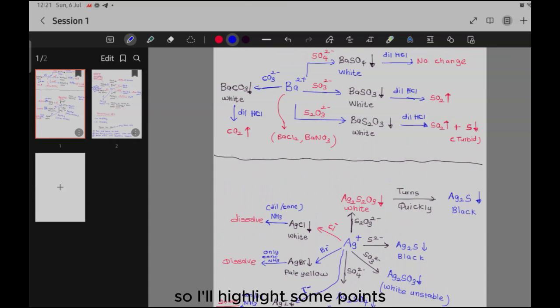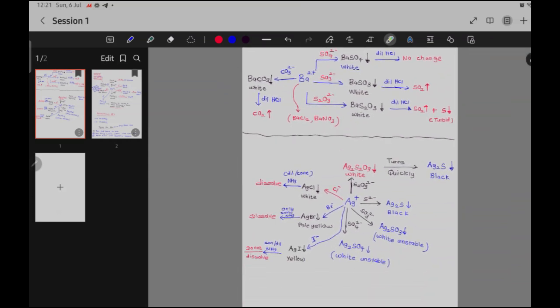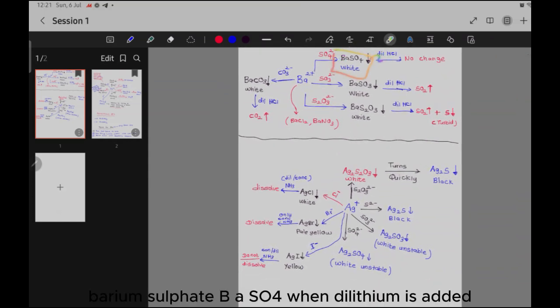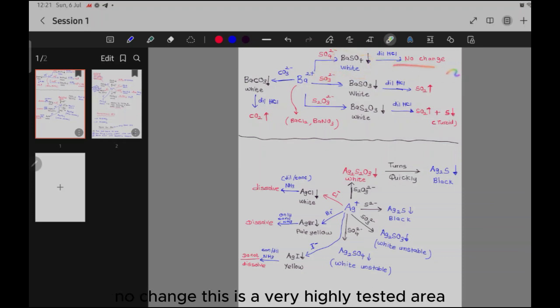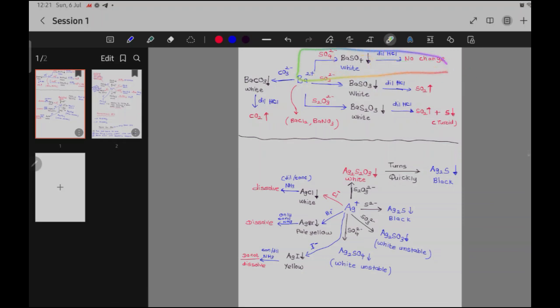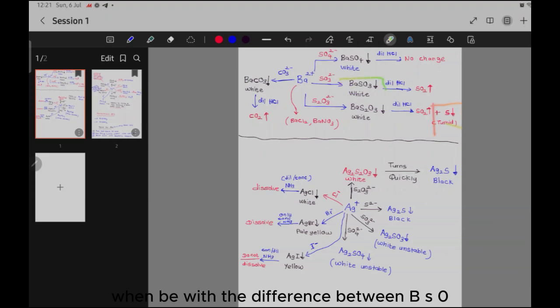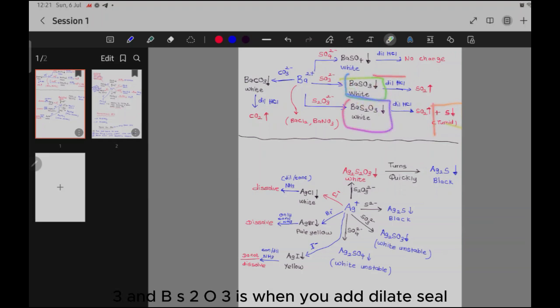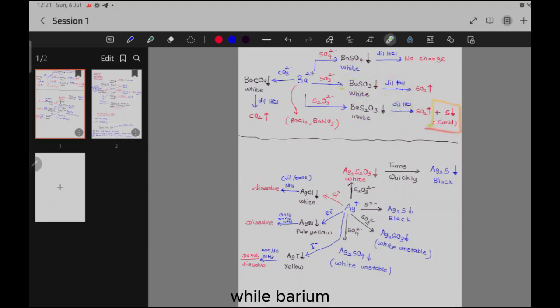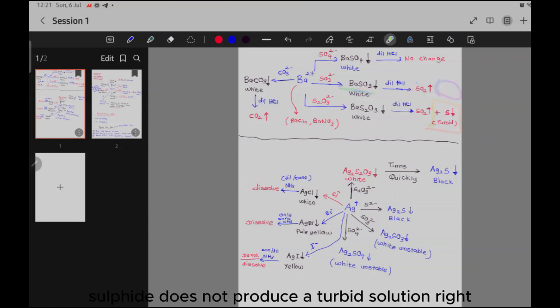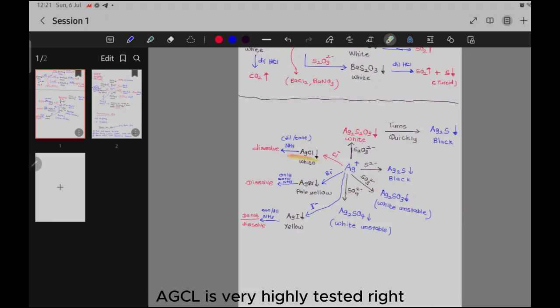So I'll highlight some points. Those are the most commonly asked ones. Barium sulfate, BaSO4, when dilute HCl is added, no change. This is a very highly tested area. And you have to remember the difference between BaSO3 and BaS2O3: when you add dilute HCl, barium thiosulfate provides a turbid solution, while barium sulfite does not produce a turbid solution. And again, AgCl is very highly tested, and this point is also very highly tested,